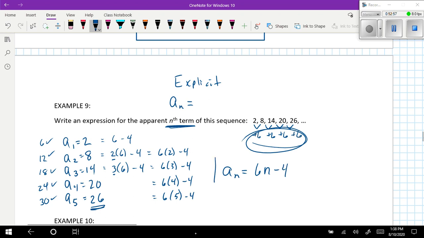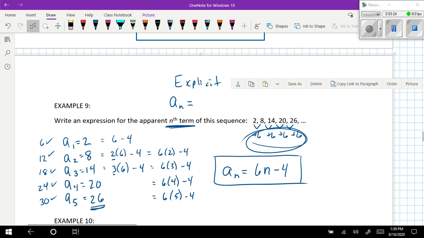So this formula would be a sub n equals 6n minus 4. Now when you give this as an answer, you have to explain what it was you were thinking about. And the work that I have down here explains it. However, a lot of you are going to be doing this work right in your head, and you're going to be coming up with little things you do off to the side to check and see if it works, and it's going to work. So your justification for me when you do something like that, and most of the work is in your head, is you have to prove to me,